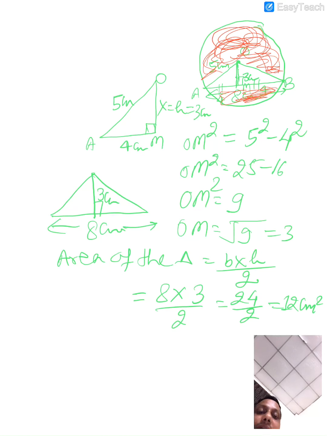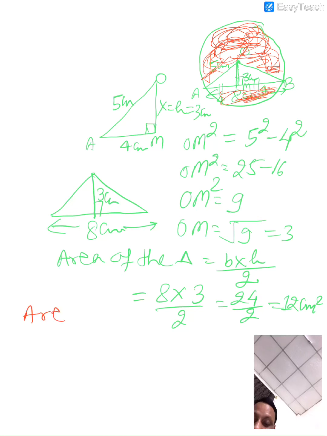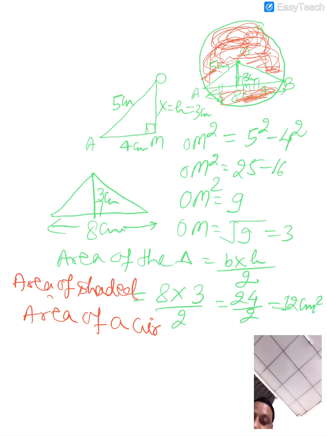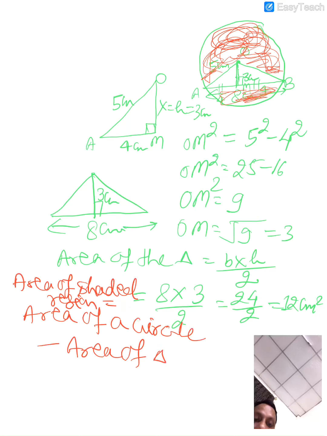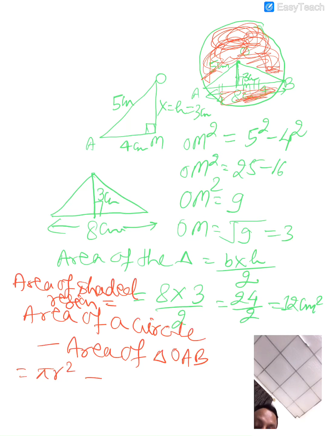Now to calculate the shaded area, the area of the shaded region is equal to the area of the circle minus the area of triangle OAB. So the area of the circle, as we know, is pi r square, minus the area of the triangle we just found,